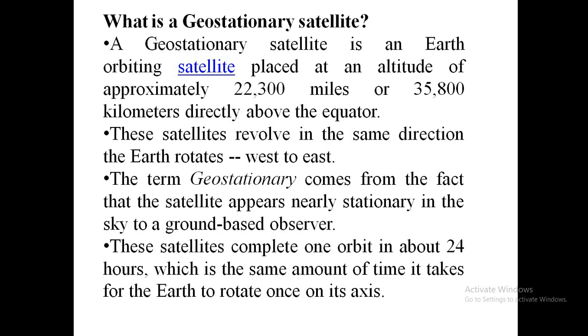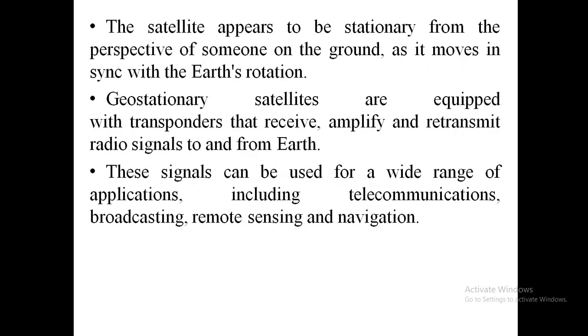The term geostationary comes from the fact that the satellite appears nearly stationary in the sky to an observer on the ground. These satellites complete one orbit in about 24 hours, which is the same amount of time taken by Earth to complete one rotation around its axis. The satellite appears to be stationary from the perspective of someone on the ground as it moves in synchronization